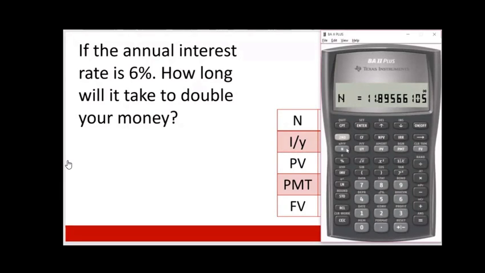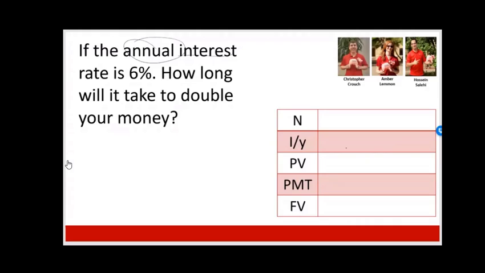So it's going to take 12 years to double my money. Notice how I said 12 years, because in this example, we have an annual interest rate. So be very, very careful with that. If you have an annual interest rate, there is no fraction